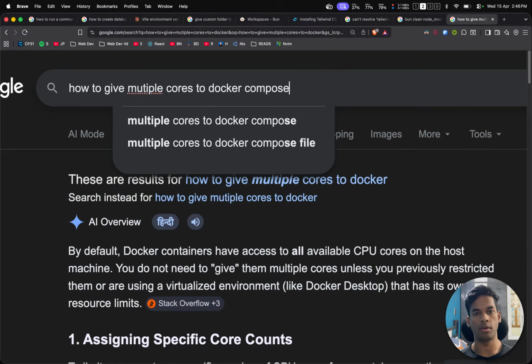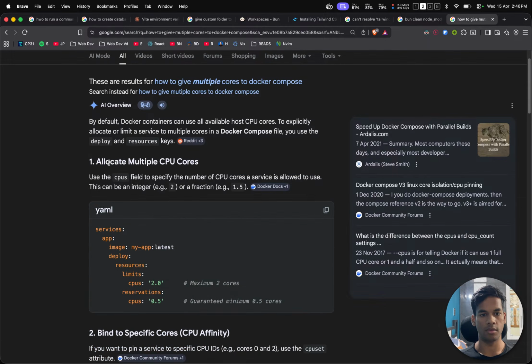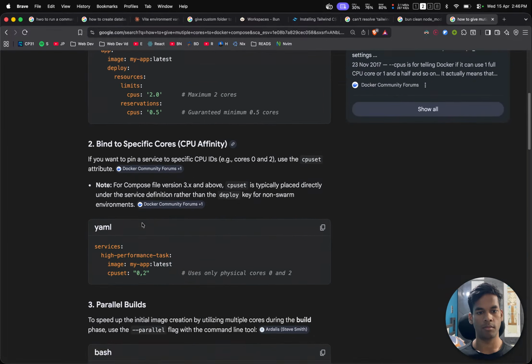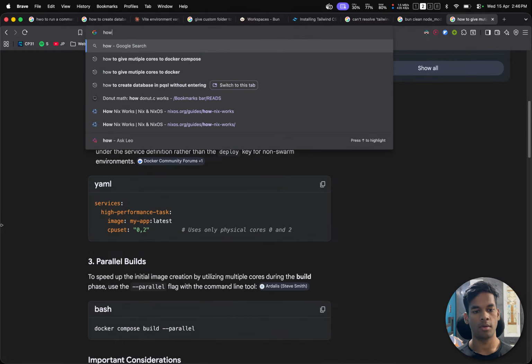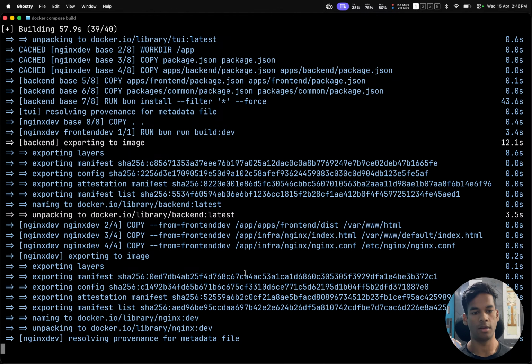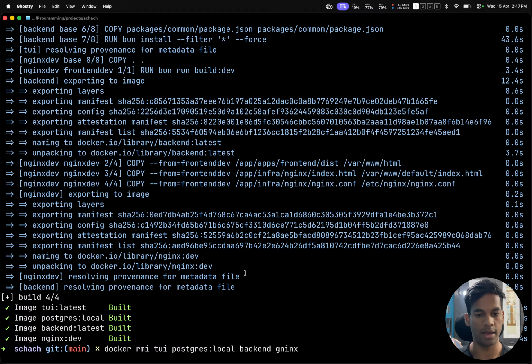Use Docker compose build process parallel. Okay, parallel. This took this much time, and if we remove all the images that we just built, rmi py postgres local backend nginx